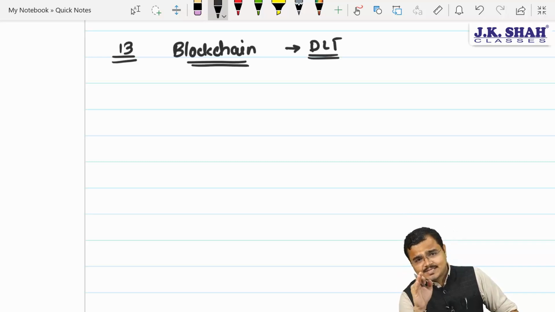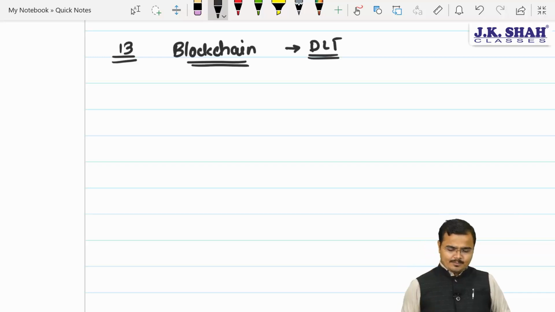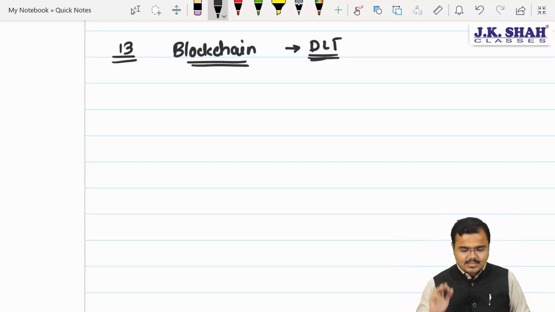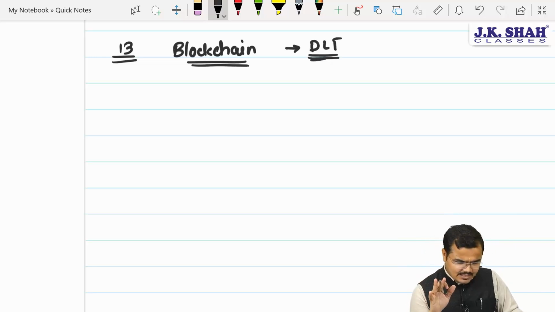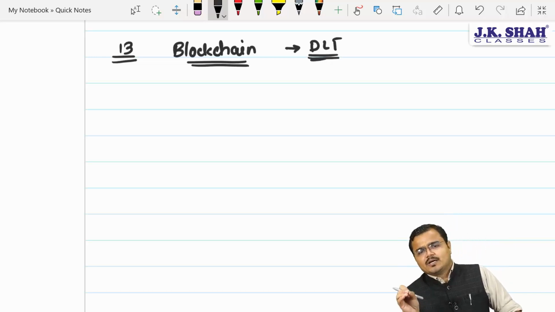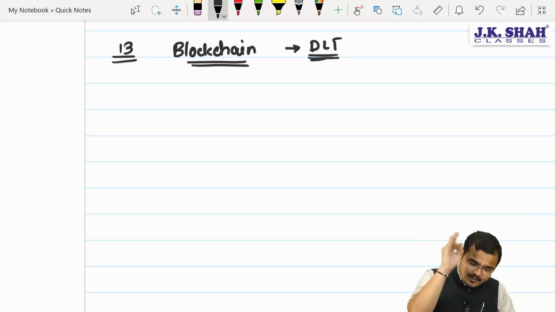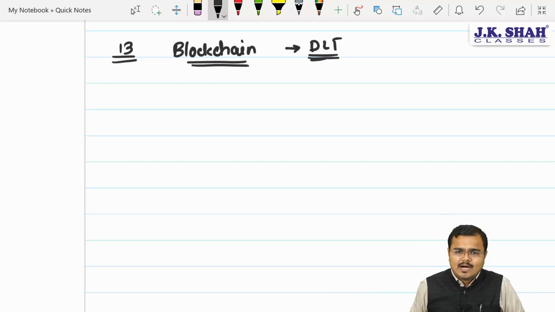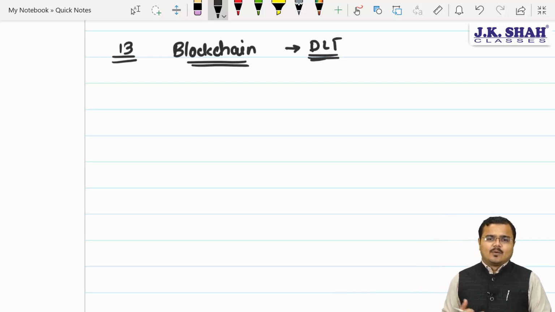Understood? Yes, sir. So, chartered, what do you mean by the blockchain? Sir, blockchain is nothing but a purely decentralized ledger technology, in which we have peer-to-peer sharing of the database, where everybody maintains the database but nobody owns the entire database. Understood? Sir, could you please explain with one example?